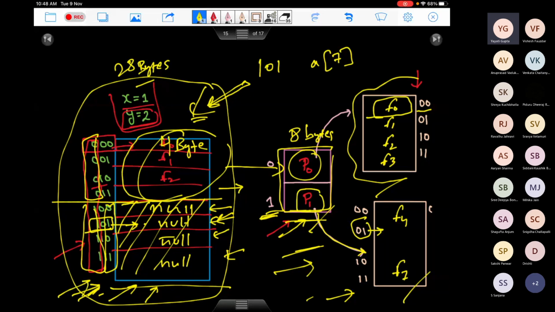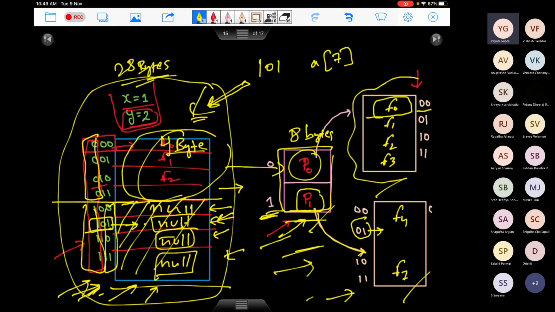If you talk about this single big page table, it is one array. It will need to have all these entries which are null. The space will still remain 28 bytes because you will have to store null there. The size of an array is the size of each entity multiplied by how many elements you have in the array.